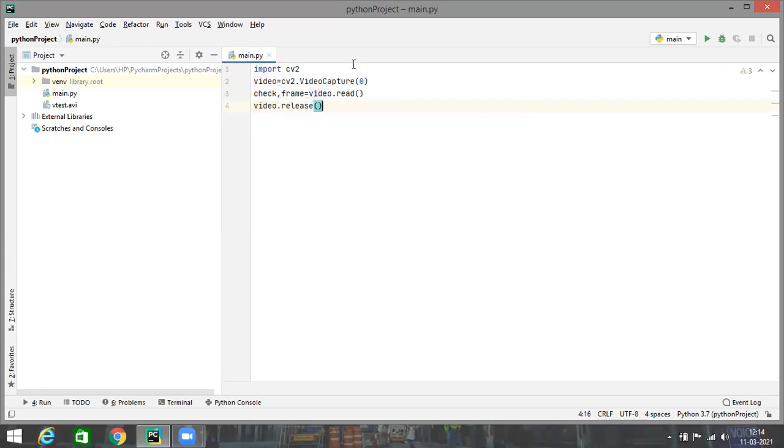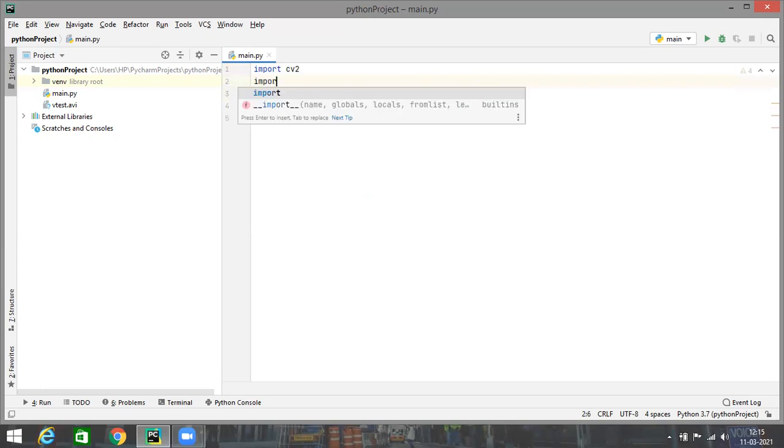Okay. Now from this much code, when you try to execute this, you'll find that the webcam will be on for only split seconds. Okay, it will be on for a very short duration, and it will go off automatically after a very short duration of time, so that the frame will not be able to be captured clearly. So in order for the video capture device, your webcam or the external camera from whatever device you are capturing that video, to be on for a longer duration so that you are able to capture the frame correctly, you'll need to introduce a delay here. And in order to introduce a delay, we'll have to import the time module.